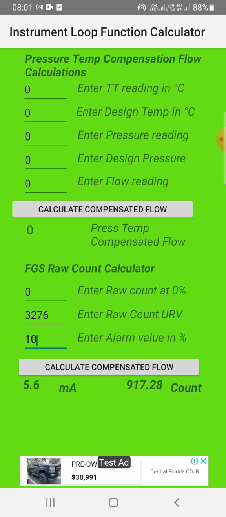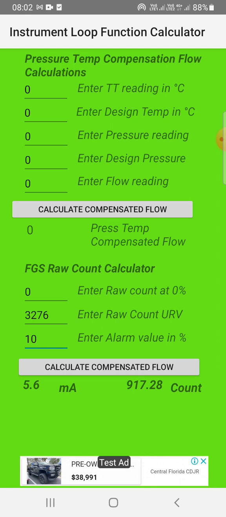I can give 5.6 milliamps, or if I want to simulate it from the safety builder, then I need to apply 917.28 raw count. When I simulate this value in the safety builder, you will see the 10 ppm alarm